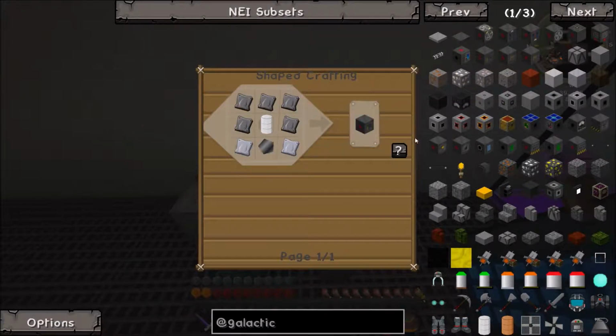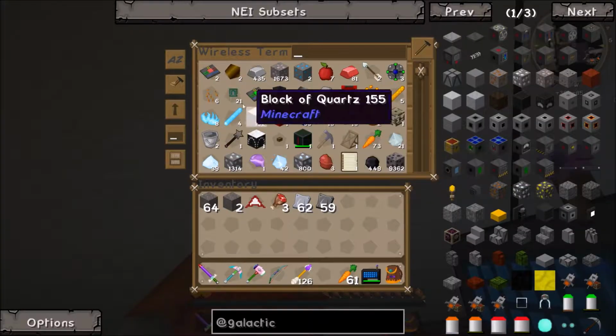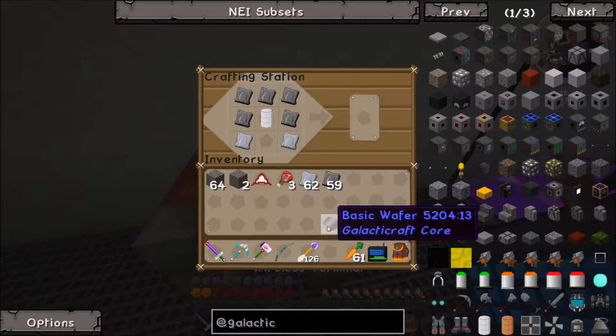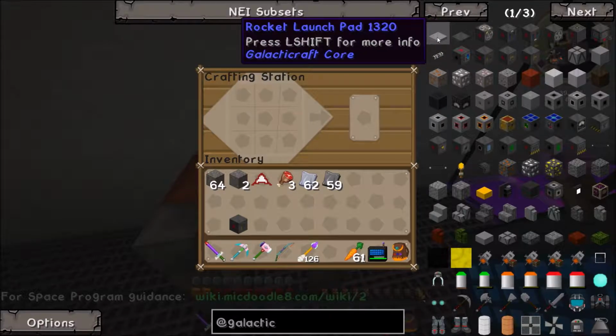Cargo loader, fuel loader. Oh, I needed a wafer. Oh, well, let's get it all in here first. And I needed a basic wafer. So, basic wafers right here. Look at that, I still have one. Apparently I'm going to need to make some more wafers. And there's a fuel loader. Alright. Now launch pads. I need a...